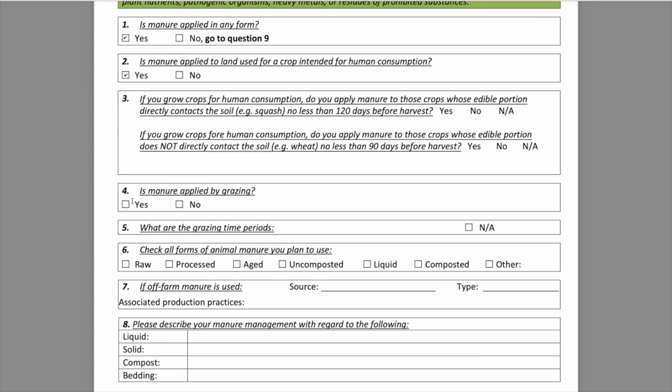Is manure applied by grazing? Yes. What are your grazing periods? The goal here is for them asking, when are you going to be grazing and how does it relate to your harvest? I'm not going to be grazing when my wheat is growing, so I'm going to say October 1st